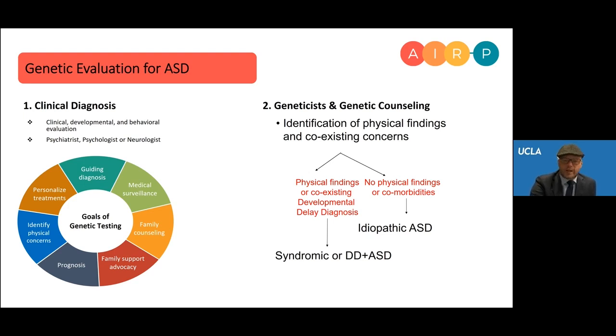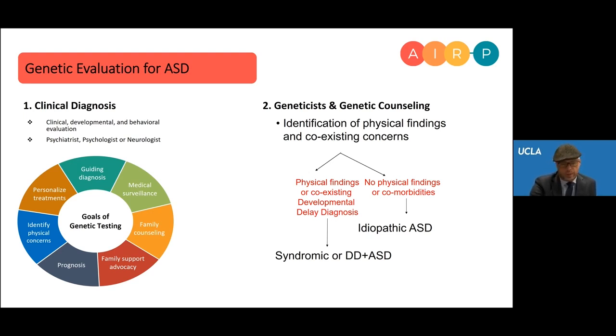So when we're making that initial assessment, we're trying to find out, is this autism that's occurring by itself, or is it more syndromic or associated with other neurological and organ systems? And the intent of pursuing the testing, which follows the initial evaluation with a geneticist or a genetic counselor, is to help guide, if there is a diagnosis identified, the medical surveillance that may or may not be required once that's achieved,